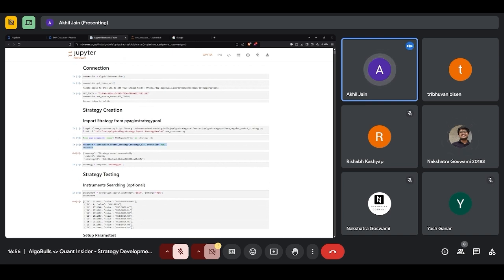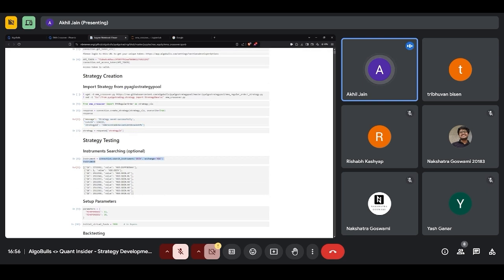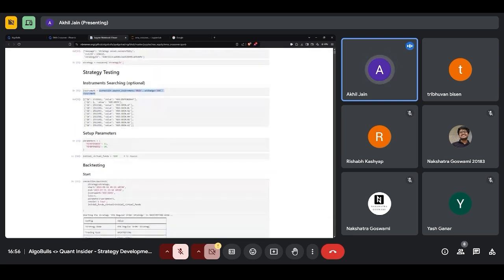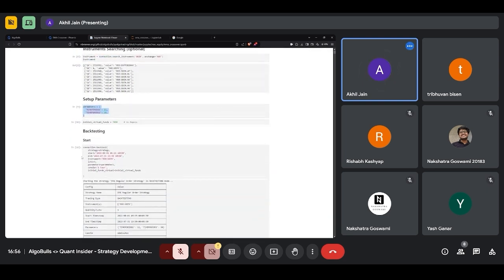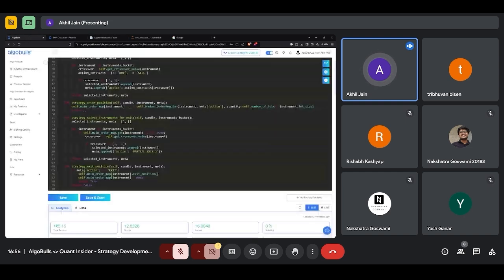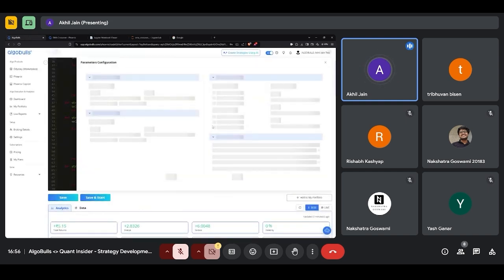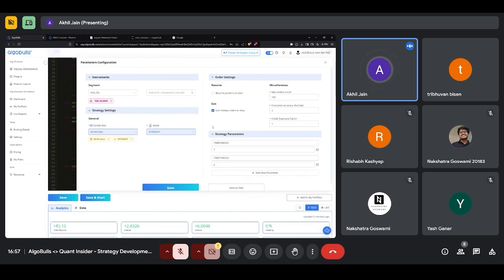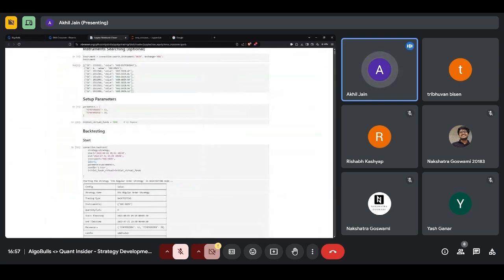When you create a strategy, it gets saved into your account, and then you will be able to add some instrument on it, give the parameters whatever you want, and then just say connection.backtest along with the candle and the parameters that we've just decided, the lots, whatever we used to do from the config panel here. Whatever we used to do from here, we'll be able to do from the Jupyter notebook. So the candle size, the mode, the instruments, everything is given in this part here.